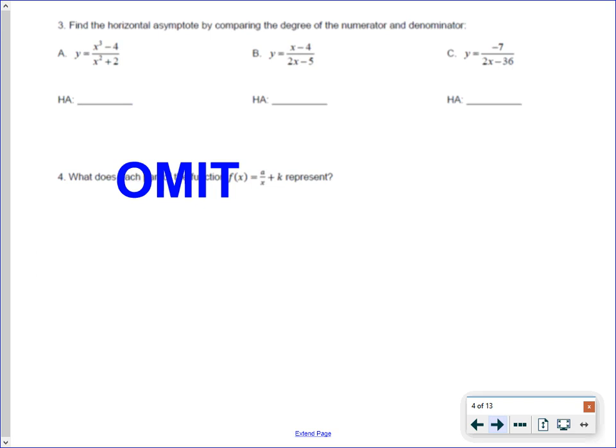For number 3, we're asking you guys to find the horizontal asymptote by comparing the degree of the numerator and the denominator. So remember, this is all going to be done or figured out with